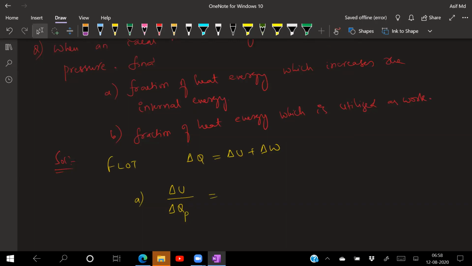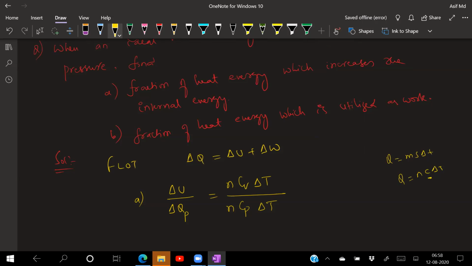So in the delta U formula, it is n into CV into delta T, divided by QP formula, n into CP into delta T. Here n is the number of moles, not mass. U is equal to m s delta T is for mass; for number of moles, Q is equal to n into C into delta T, in terms of molar, because we are talking about molar specific heat. CP is nothing but molar.